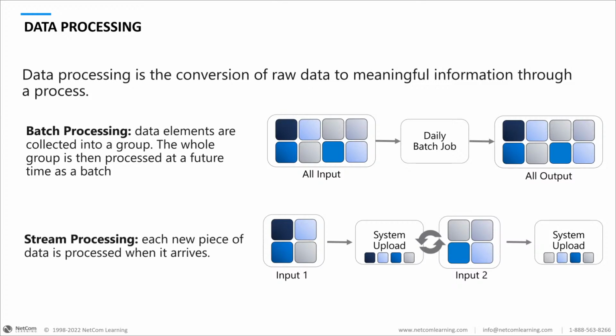So there is a bit of a difference between the two in terms of how the data is actually processed. So the data processing, batch processing element, all of the input is collected into a group. And then once there's enough information in that group, whether it's based on the amount of data that's loaded into the group, or there's a timer in the system that says that this batch will execute every X amount of time, whatever is in that group gets processed as one job, okay? So the whole group is all processed at one single time.